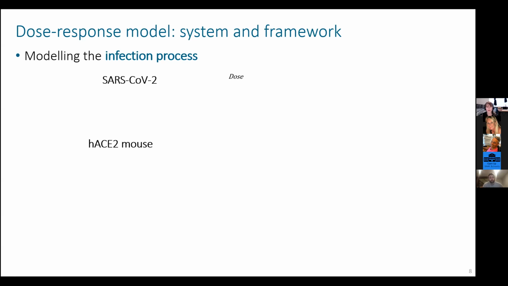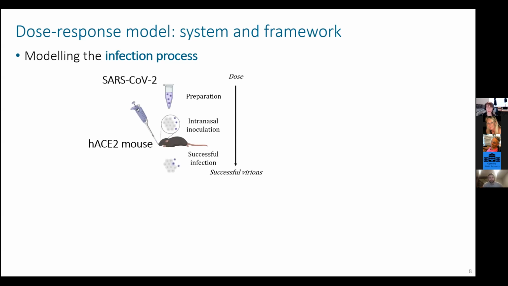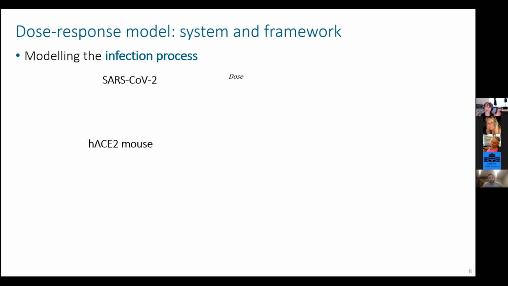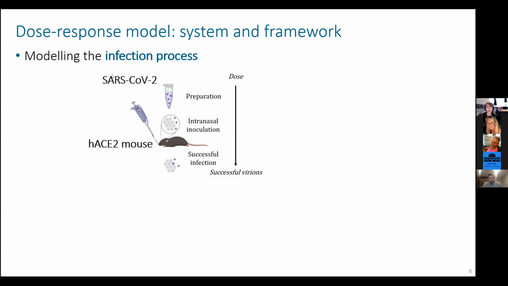So the system we're considering: I've been working on SARS-CoV-2, as you understood now, and on a laboratory model, especially a mouse model expressing the human receptor for the virus, which is a commonly used model for SARS-CoV-2 now. So we start with a dose. We are in an experimental framework, so we start with a dose that we know. And the mice will be inoculated with